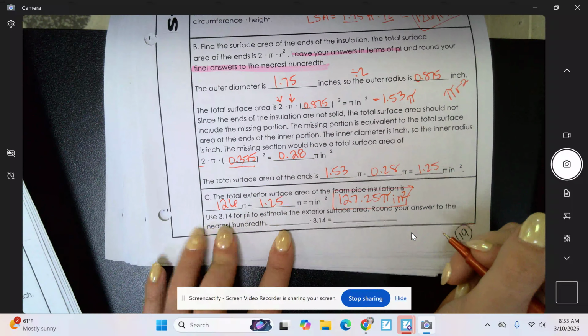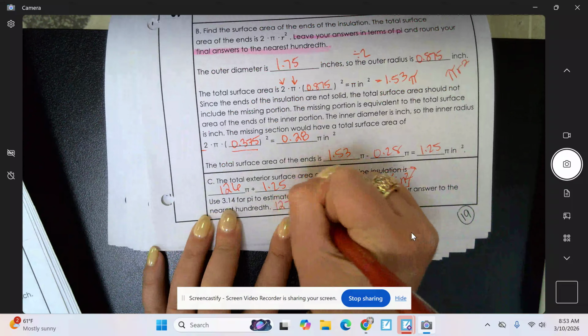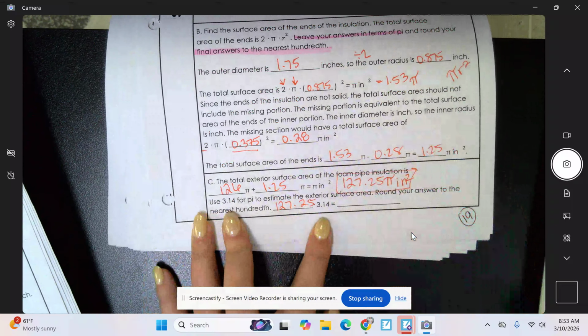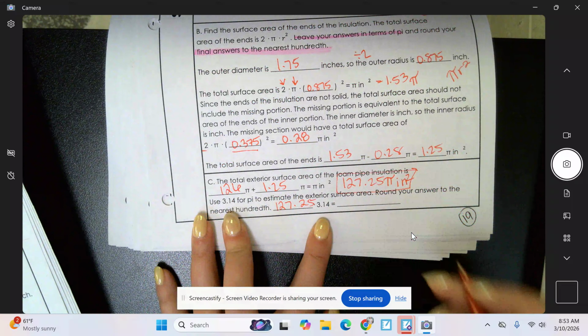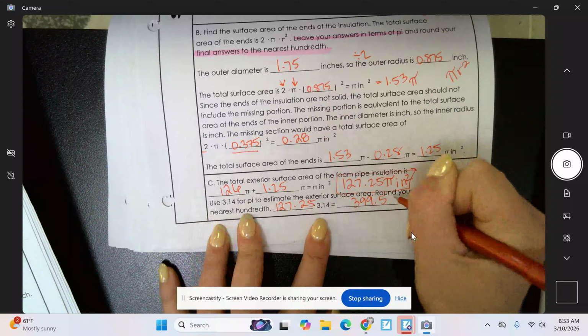And if we wanted to use 3.14, we would just take our 127.25 times 3.14, which gives me 0.56, and round it to the nearest hundredth, which would be